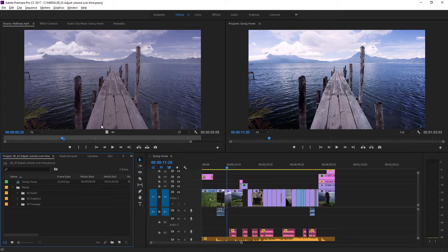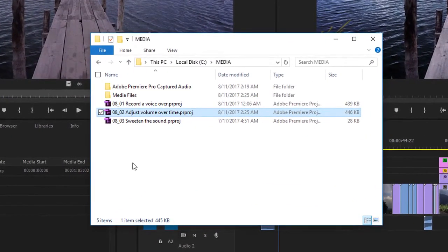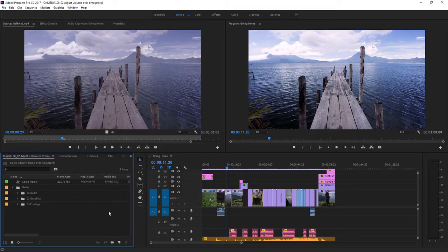For this lesson, I'm using the Premiere Pro project file 0802 Adjust Volume Over Time. You'll find that project file with the media associated with this lesson. Double-click on it to open it in Premiere Pro. It's likely you'll want to change the volume of music when there is voiceover or important events taking place on